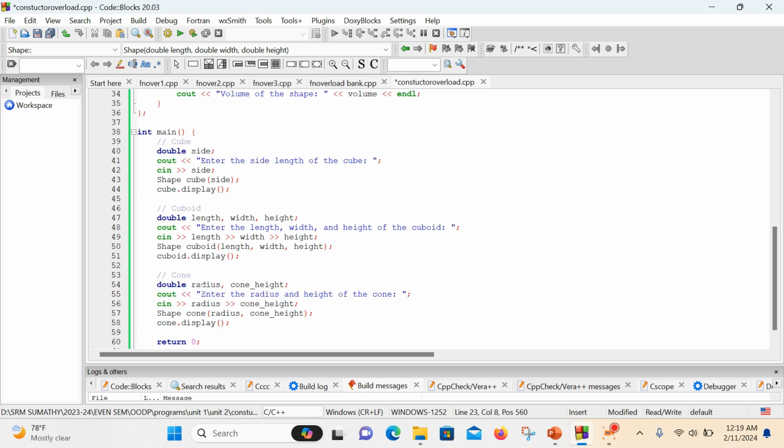Also we can call each and every constructor. Okay, so here the first thing is I'm going to execute the concept of cube. So here I'm going to get only one variable as an input. So shape cube is nothing but one object. So shape is the class, cube is the object name,